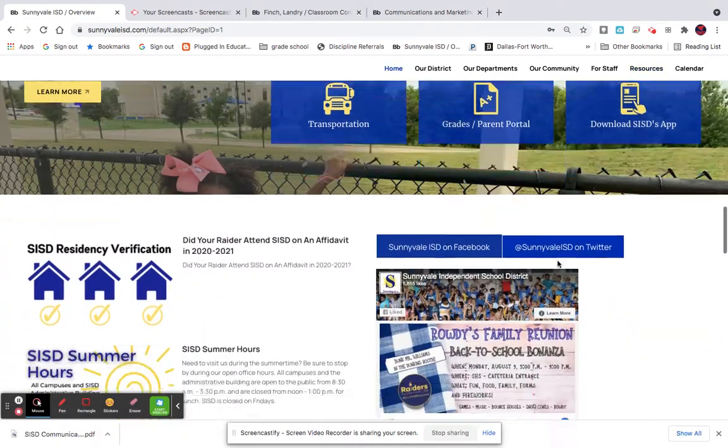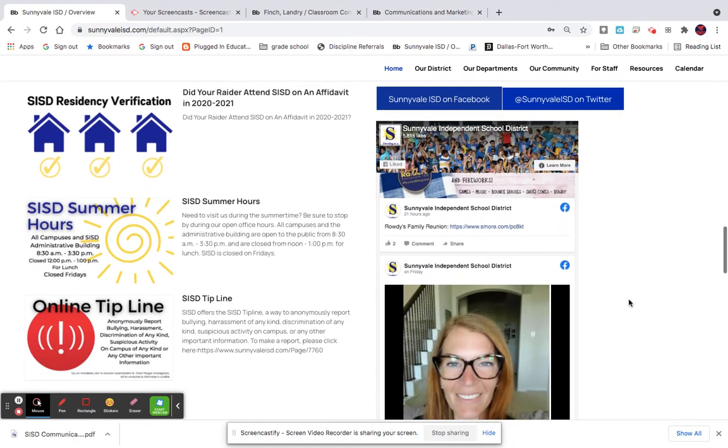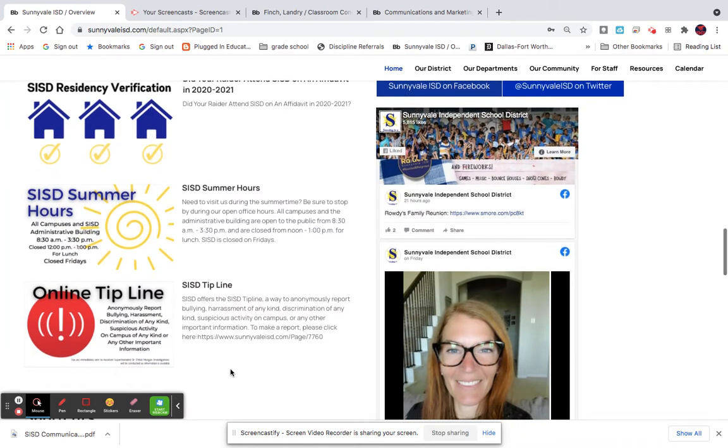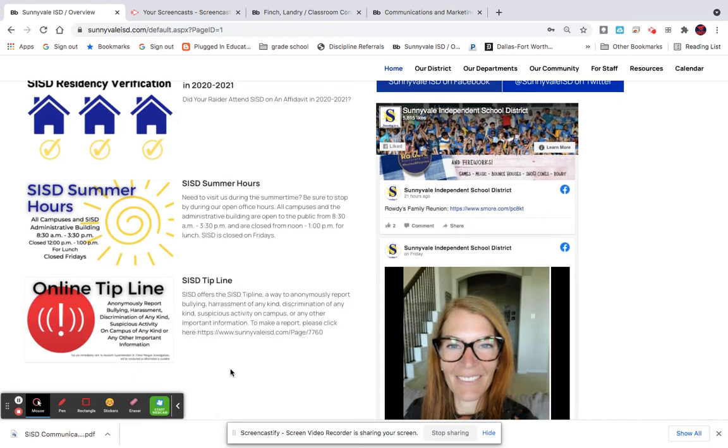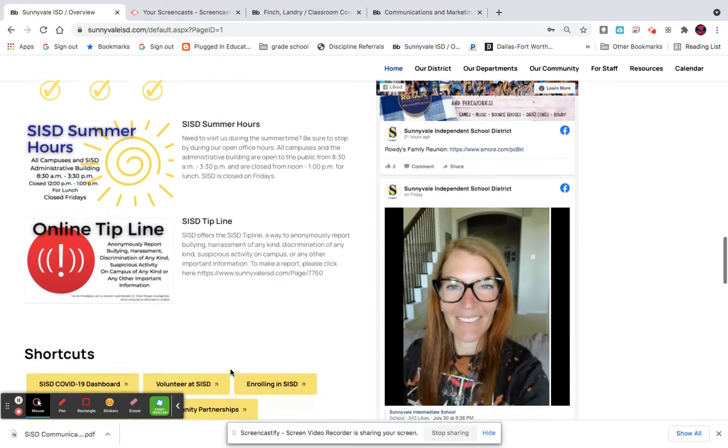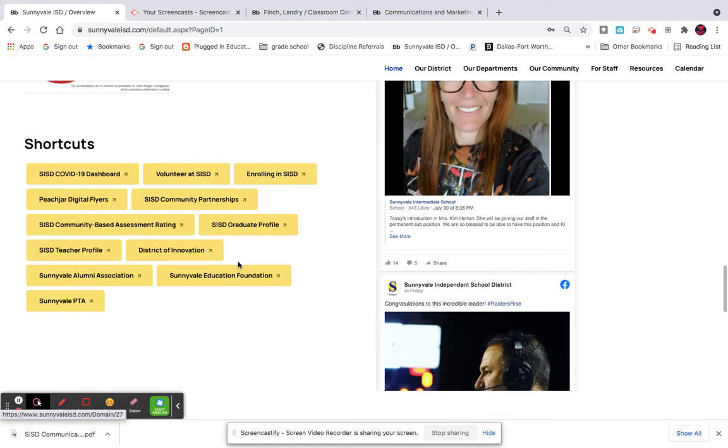And then if you scroll down here, we have our online tip line, which is available for anyone in the community to use, anybody who's a student or a parent. And their tips can be posted anonymously or they can add their name, and they can do that on their computer or on the app as well. And then just scrolling down, we have some more shortcuts,